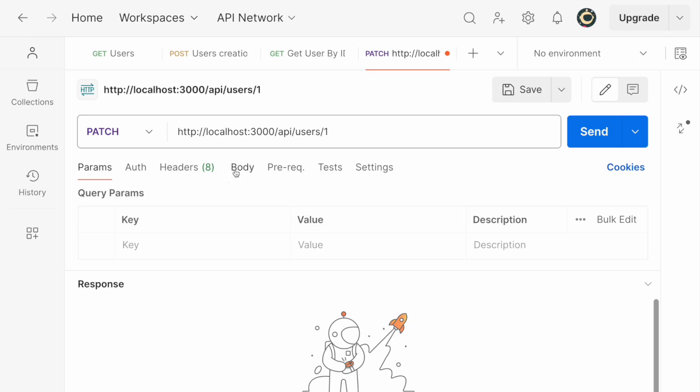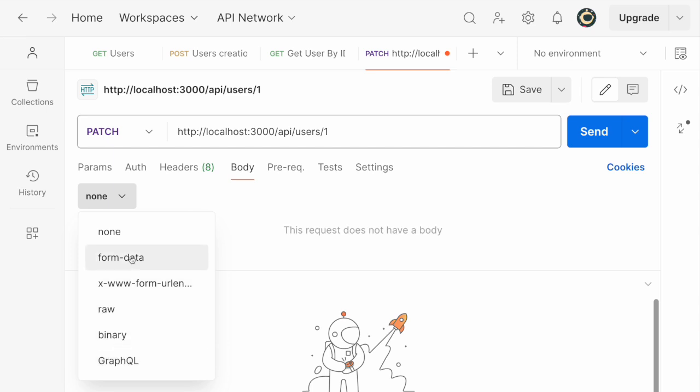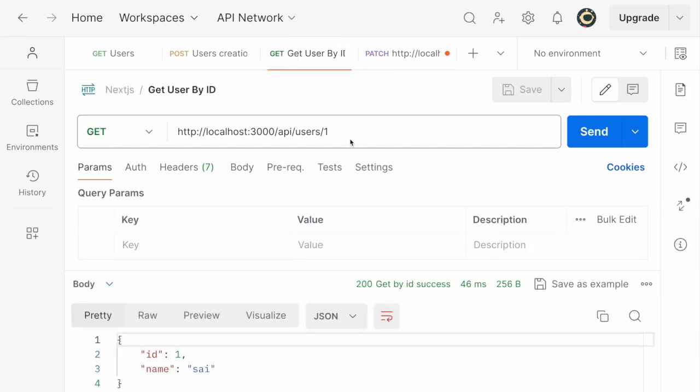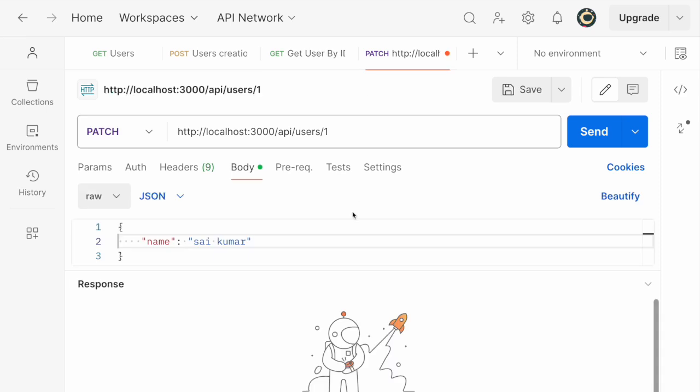Let me go into the body, and inside this body we will create normal raw data in JSON format and pass only the name property. The name property I want to update as Sai Kumar, a combination of two words. But let's see what we have exactly. We already created get by ID in my previous video. If you didn't watch that, please check out that video for better understanding. Let me hit this, and here you are getting the name as Sai. But I want to update that to Sai Kumar after executing this patch